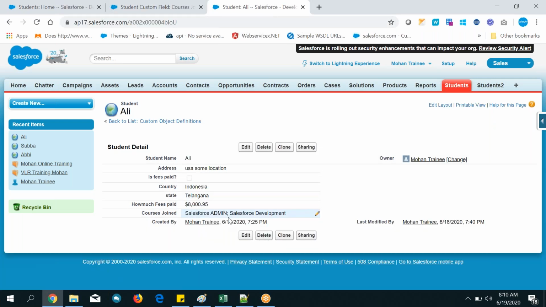So it is like, see here, colon separated, with each pick list value separated with a semicolon. Okay, separated with semicolon like that. Clear? If you select a third value, after this value a semicolon will be there and the third value will be displayed like that.